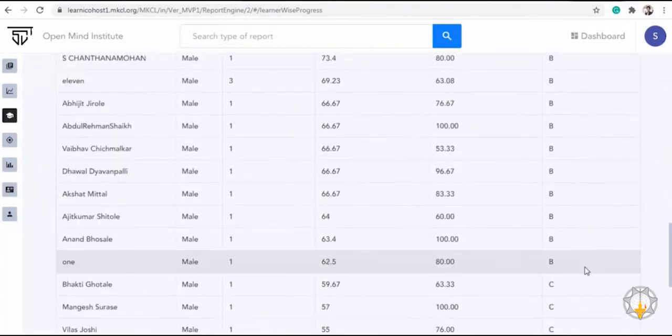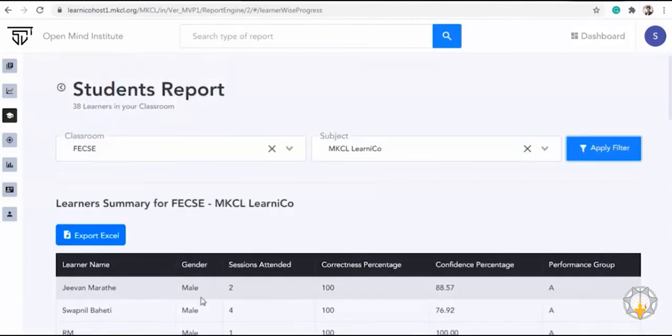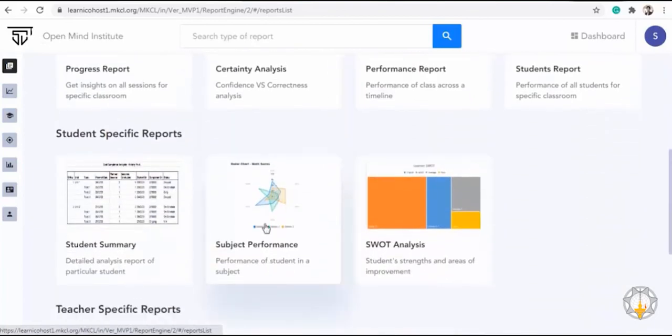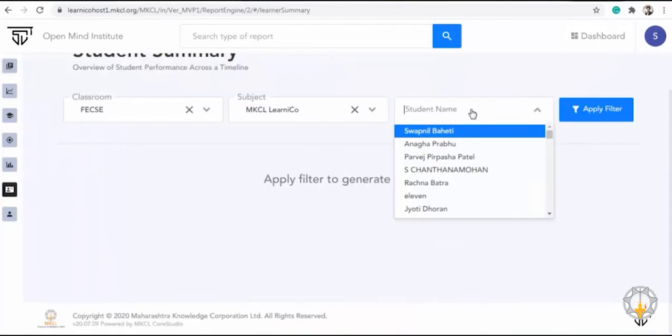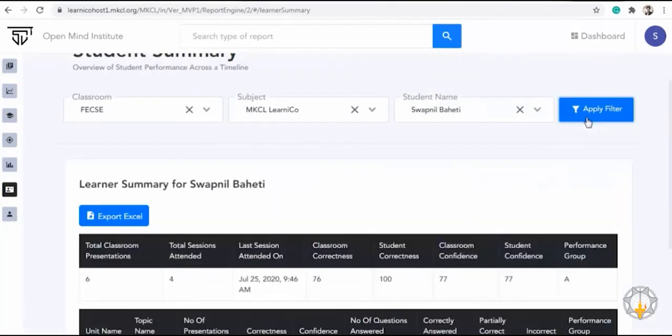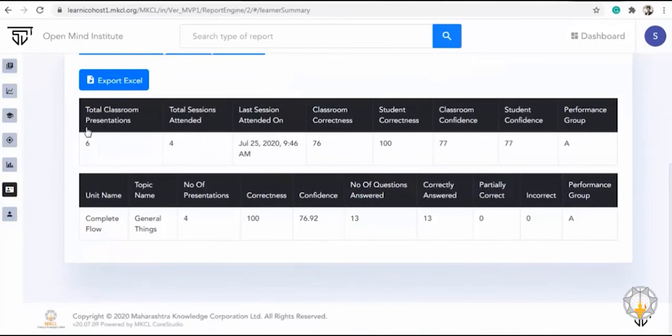Details related to learner's name, gender, sessions attended, correctness percentage, confidence percentage, group performance are generated. Student summary. Here you get an overview of the student's performance across the timeline. Select the name of the student and get their individual reports. As you can see, the details are obtained under these heads.